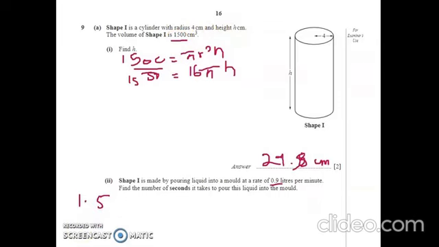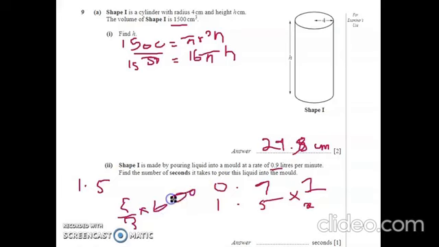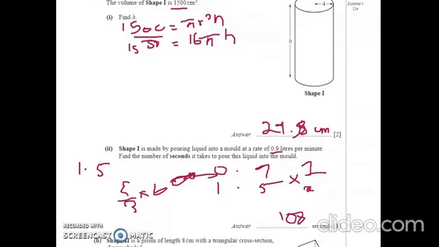Now basically 0.9 liter takes 1 minute, right? How much time will 1.5 liters take? That is x, right? So 1.5 divided by 0.9. That tells us that it will take 5 upon 3 minutes. Now since this is in minutes, we want to convert it into seconds. We will multiply it by 60. So that will give me 100. That means 100 seconds. Right.